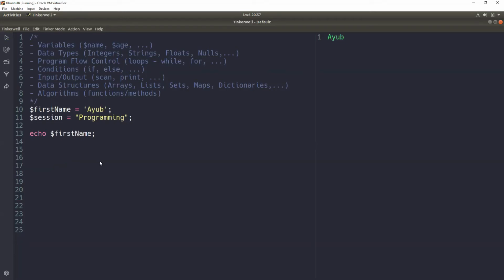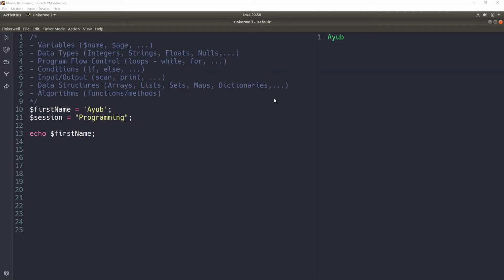Any questions about variables? Is the use of single quotes the same as the use of double quotes when you're naming the variables? Okay, thank you for that question. That will depend on the programming language.